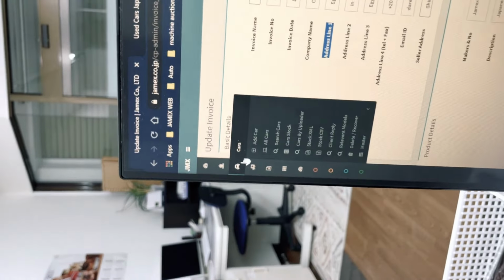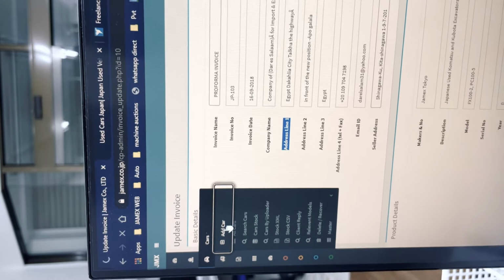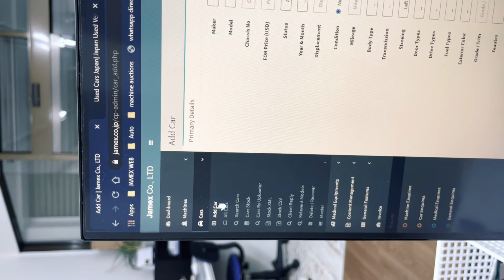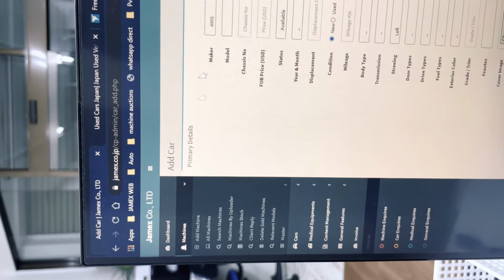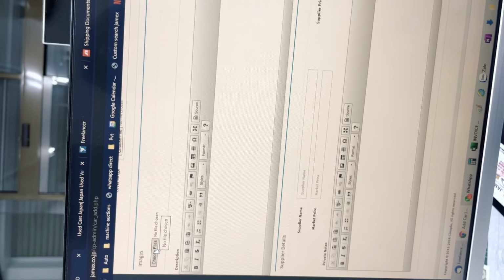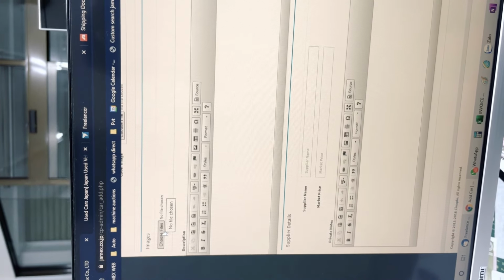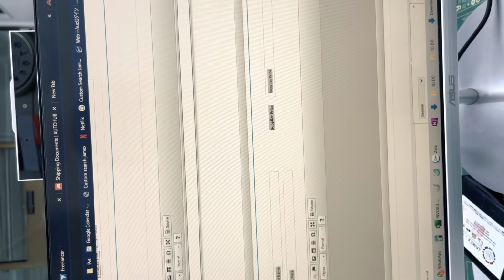And when we upload a car or machine from here, let's suppose we upload a car from here, it's a little bit strange. We upload a car from here, but we upload a machine from here. It should be only one button for uploading, and it should be simple and easygoing. Images should be offered to upload last, and you see description comes first, then private notes. This is all admin use. Now this size is way too long.